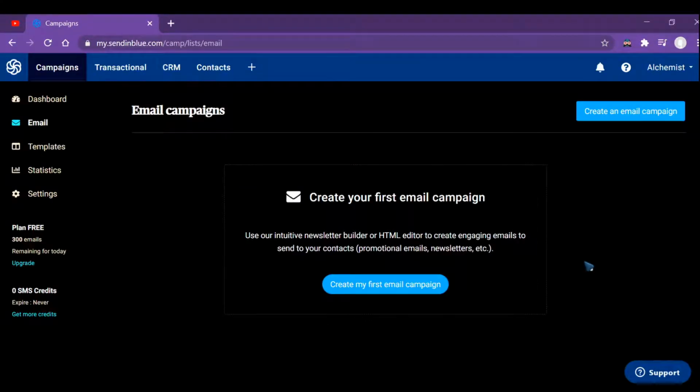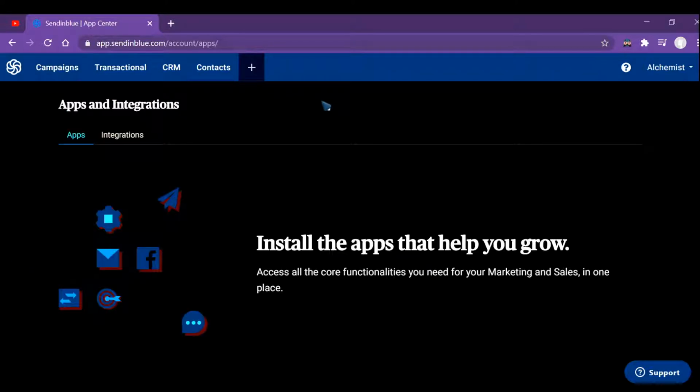So as you can look at the screen, we are redirected to the dashboard of the software, and as you can see, it is written here, create my first email campaign. Before we create our first email campaign, I want to click on this plus icon to tell you something about the integration of apps that you can do with this system. The apps that enable you different functionality and ability in marketing and sales.